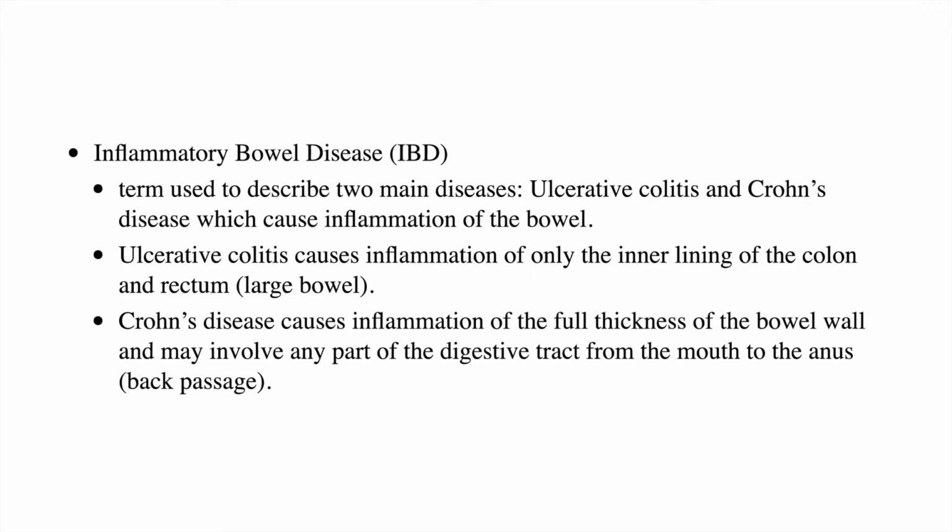Then you can move on to giving your differential diagnosis. When you're giving the differentials, don't just list them out. Rather, you can mention a few lines about how you ruled them out. For example, in this case, you can say that, apart from this inflammatory bowel disease, I was also thinking of chronic infections like giardiasis and amoebiasis, but they are unlikely in your case because you do not have a history of fever and no significant travel history.